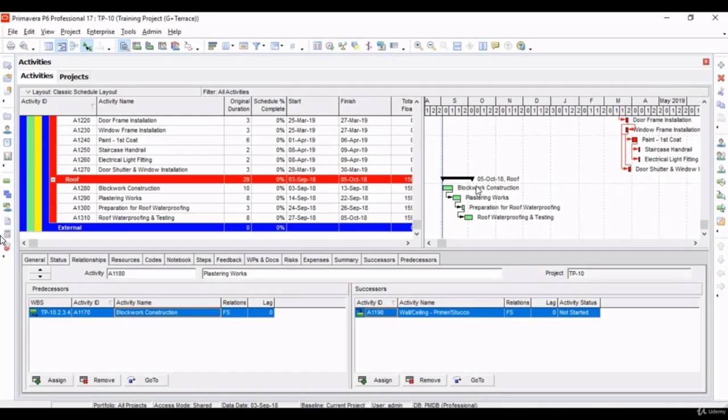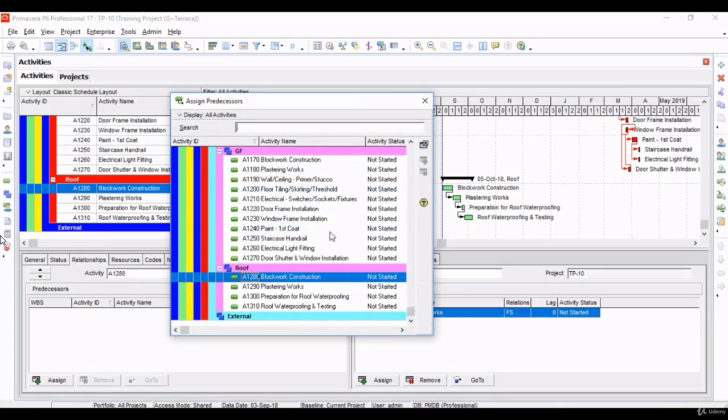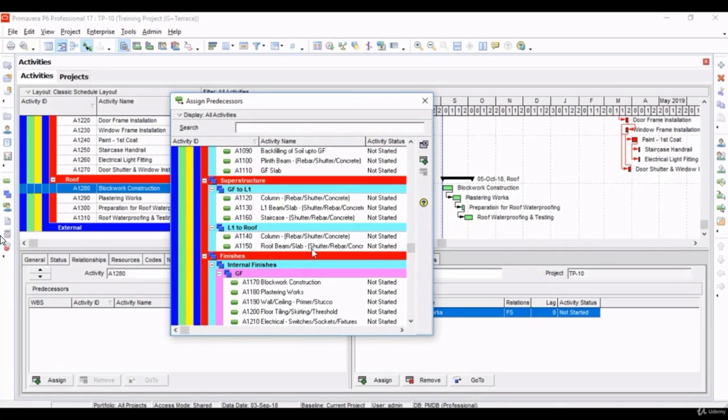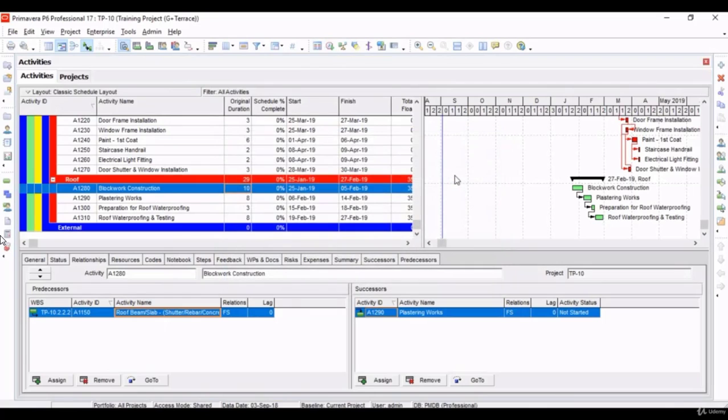Coming to roof block work construction, this can only be done after completion of roof slab casting. Even though this roof slab is only for the staircase headroom area, block work does come over there, and we will assume that we will do the whole works after that slab casting.